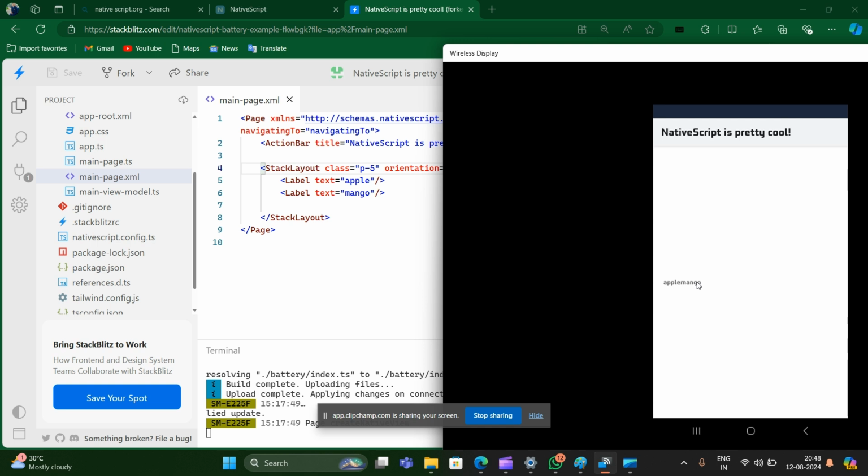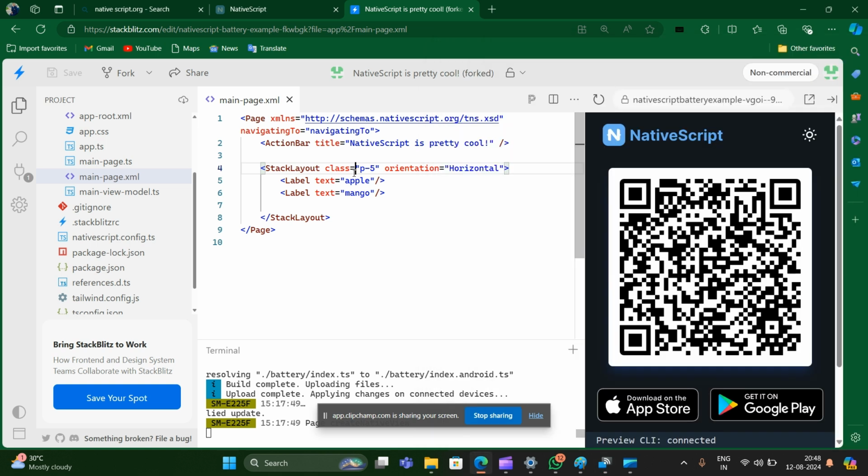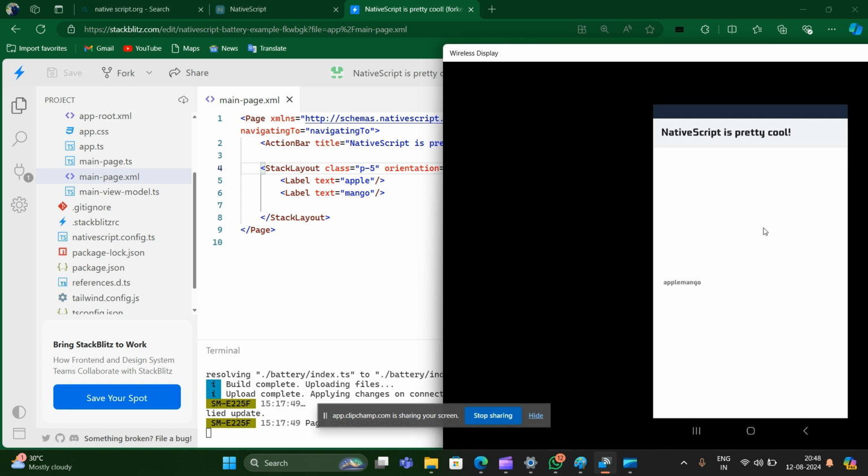This you can do with the help of styling. I am just going to tell you that today. The main thing was that we have to use the stack layout, and we have used that. Here you can provide the orientation. There are so many properties which you can use. We will do it in the next video. Let me tell you how we can give them equal space.